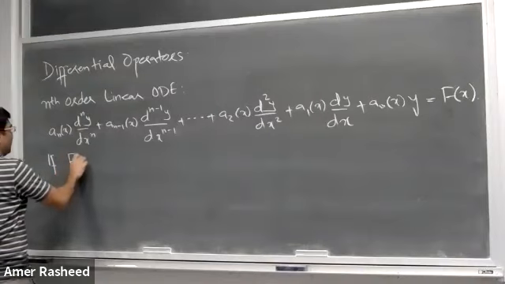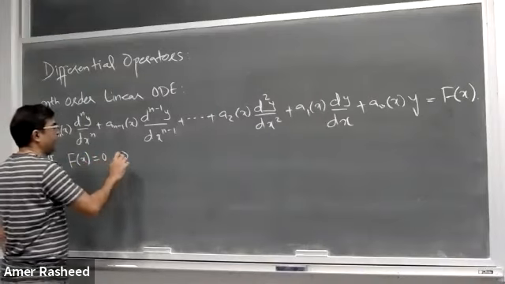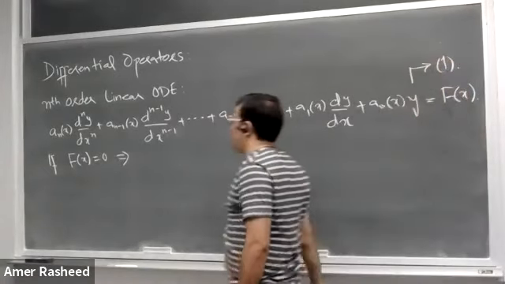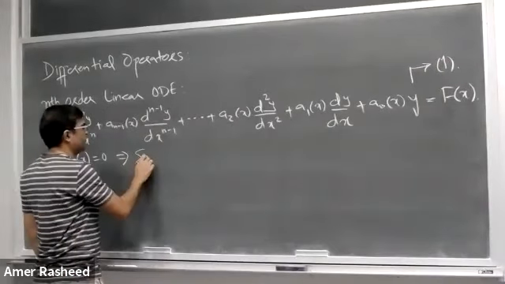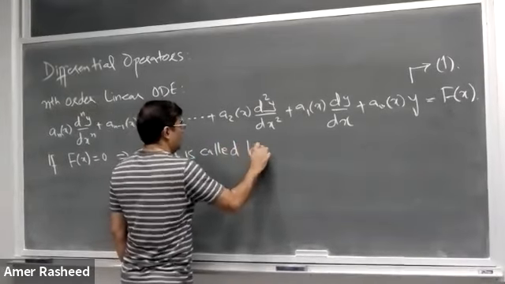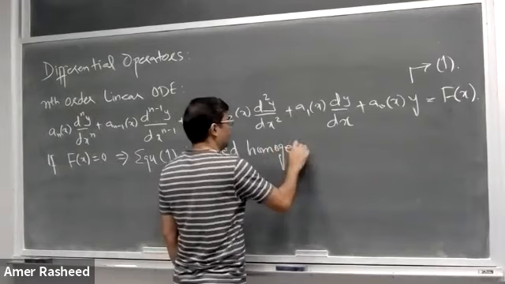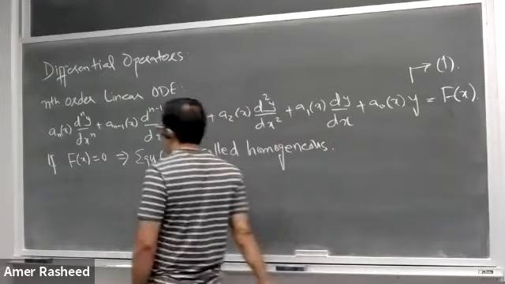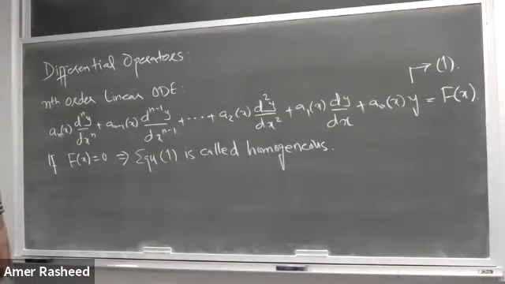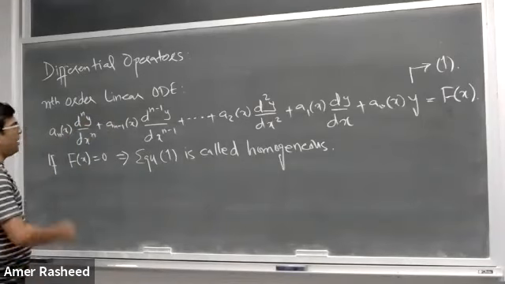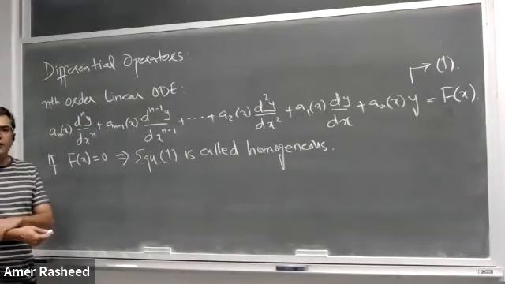If the right-hand side function f of x is 0, then this ODE 1, this nth order linear ODE, is called a homogeneous nth order linear ODE. In order to simplify this notation, because we have to write a lot of things every time we write linear equations of this form,